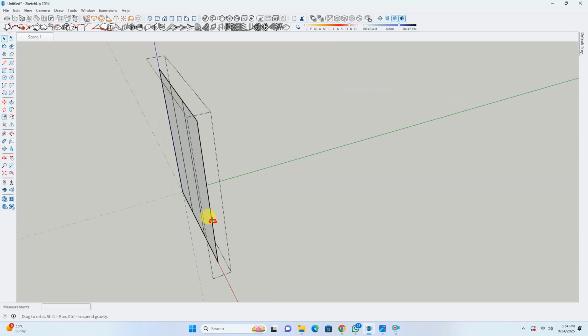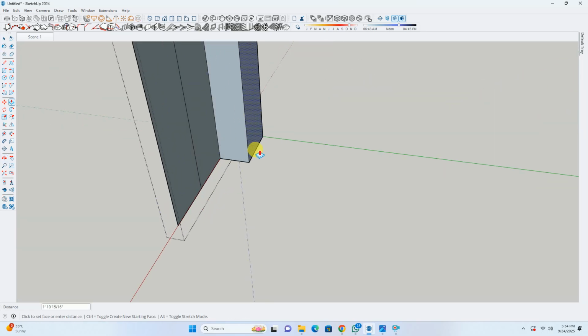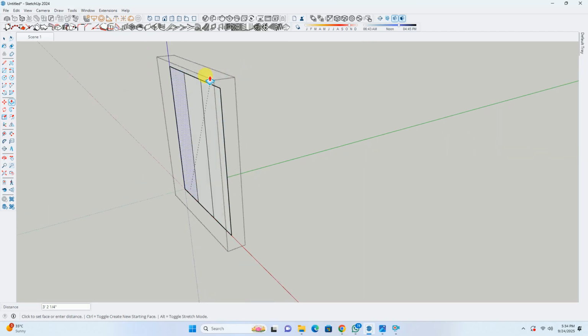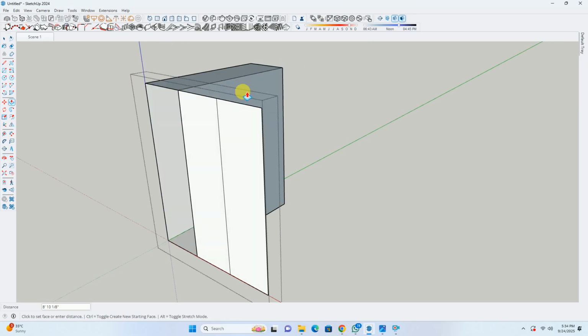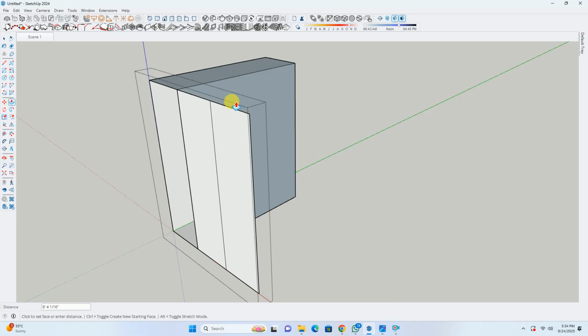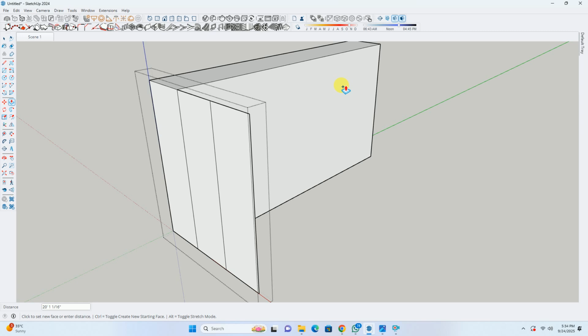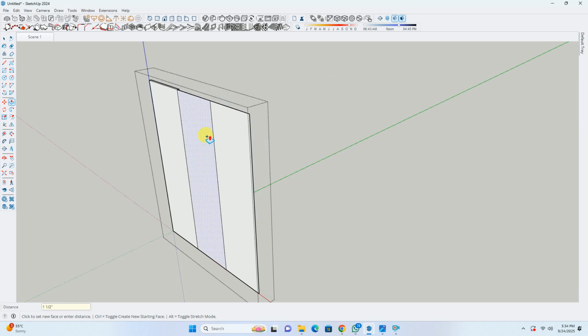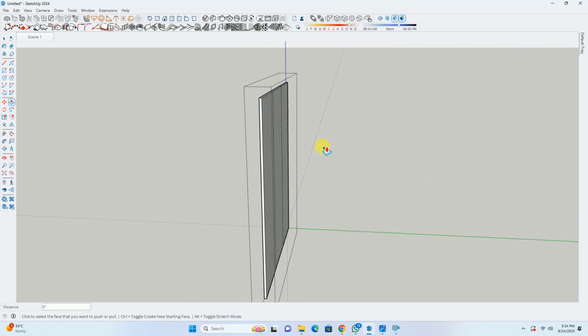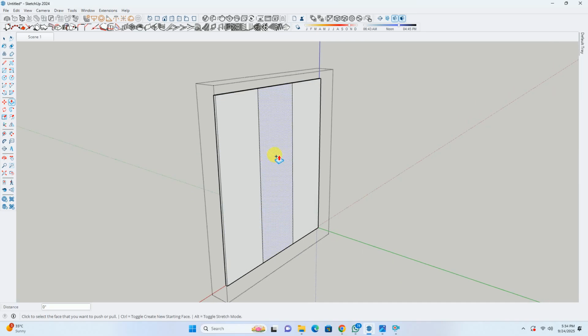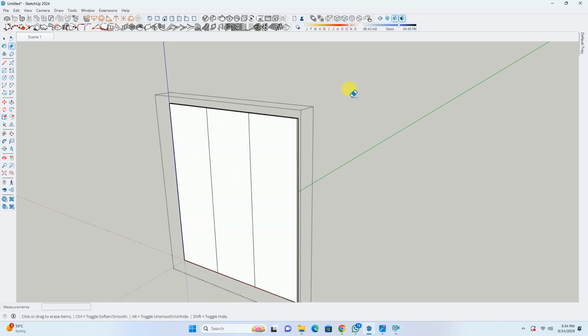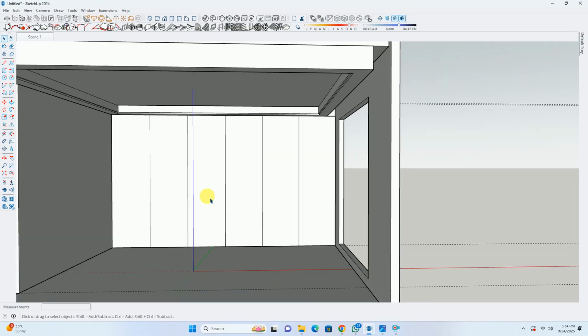I'll double click on this surface and apply a push pull gap. When we apply push pull, you can see we are getting a hollow surface. Right? So for this, we can apply Control T and apply a gap of 1.5 inches. We'll repeat the same process with the other one and make the surface. In this manner, we have created 2 different panels.